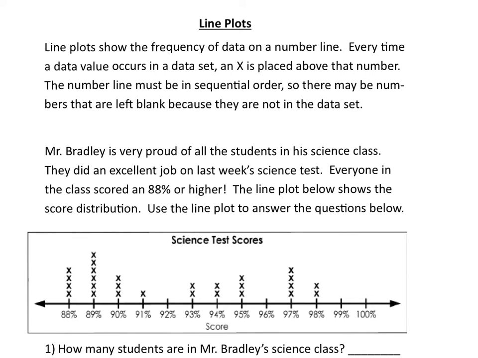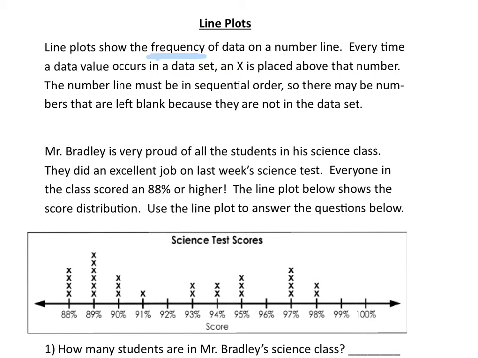Line plots show the frequency of the data on the number line. The important part to know is that we're talking about frequency, which is how much something occurs. And every time a data value occurs in the data set, we're going to use an X above the number line to represent that data value. The number line has to be in sequential order,